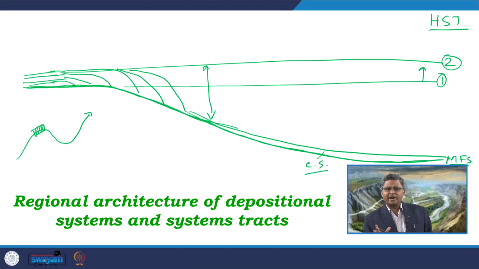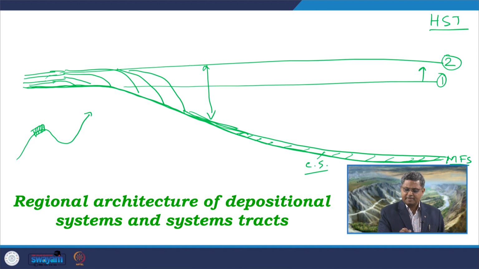So, during this entire HST, a major part of the basin is associated with deposition of pelagic to hemipelagic mud across this entire area, without any major process going on. The major processes are confined over here, leading to progradation and aggradation of the delta lobe, in the form of aggradation of the delta plane and progradation of the delta front as the river system progrades. So, definitely the coarser sediments will be confined to this part only.